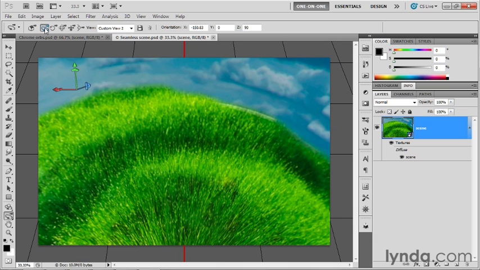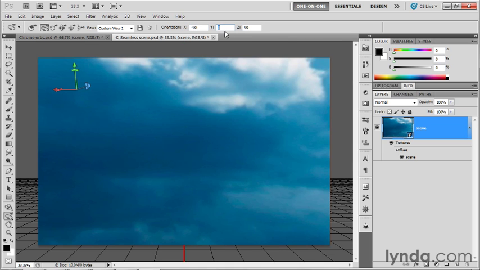With one of the Rotate tools selected, either the Orbit tool or the Roll tool, go ahead and change the orientation values as follows. The X value should be -90. The Y value should be 0, which it is for me, and the Z value should be 90, which it also is for me. All right, now I want you to select either the Pan or the Walk tool here, once again in the options bar, and change the X value to something very large,